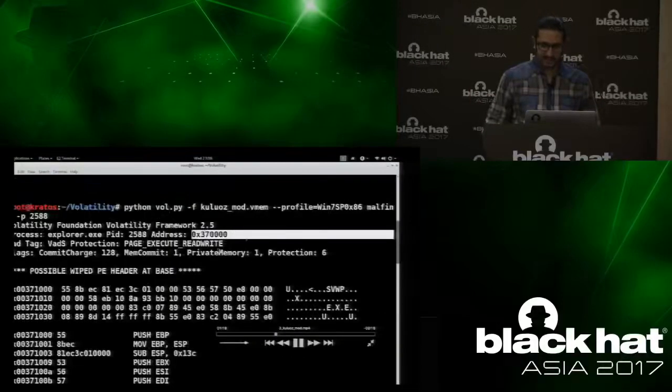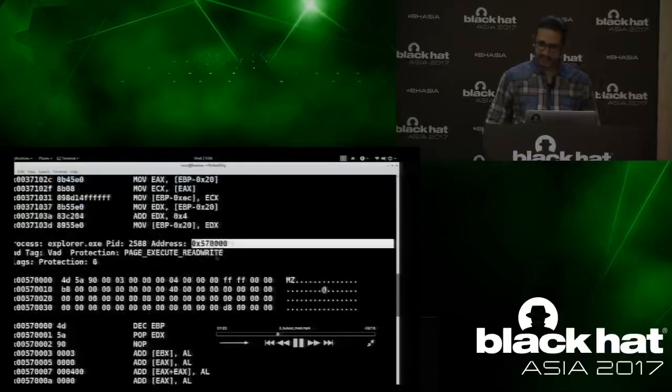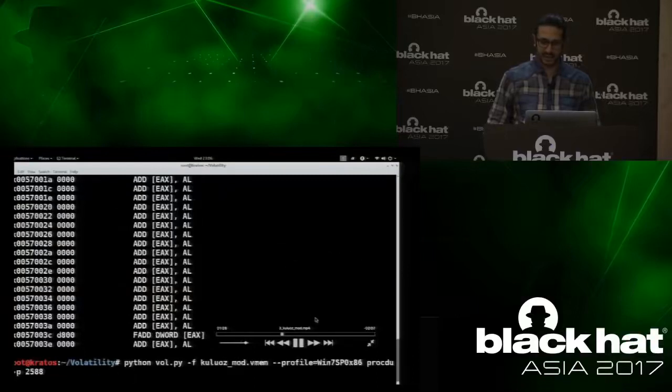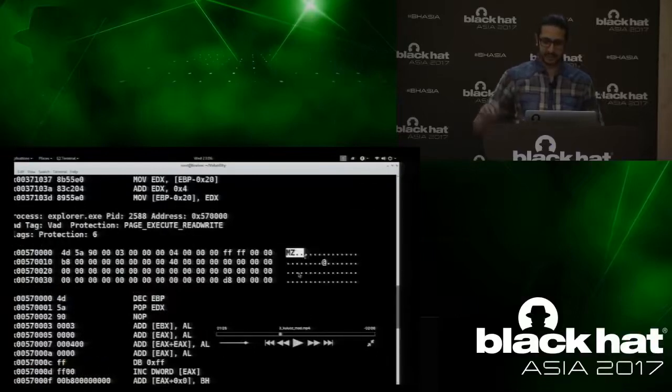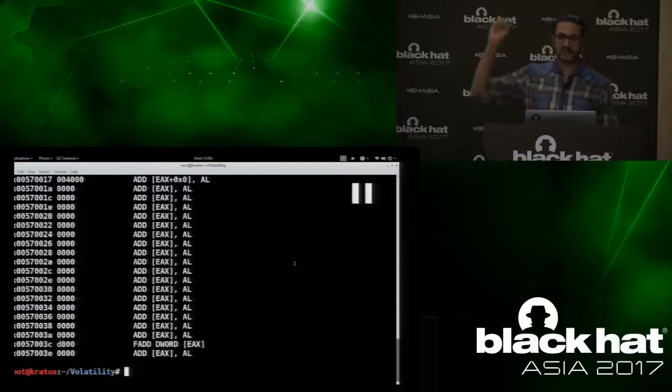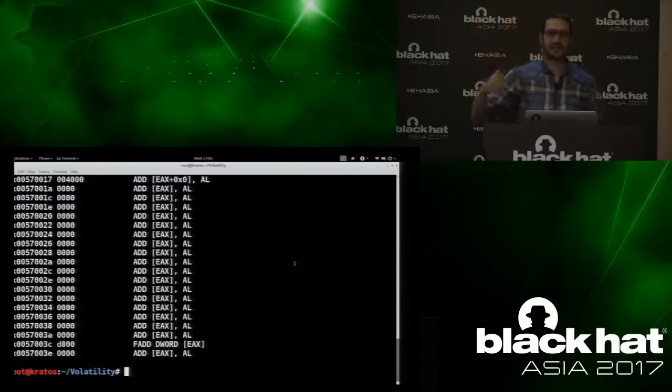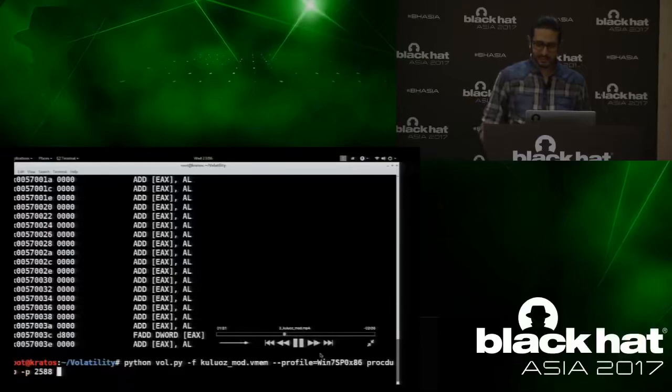Malfind tells you that the region where explorer.exe is loaded is bad because it has a memory protection of page execute read write. But notice this time, I'm just playing the video, it did not detect the region where the code was injected, the 6 followed by 4 zeros. So we have bypassed the memory forensics plugin here, and now everything looks like Stuxnet-kind of hollow process injection. Now what you will do is, because at this point you don't know there is code that is injected at that address,